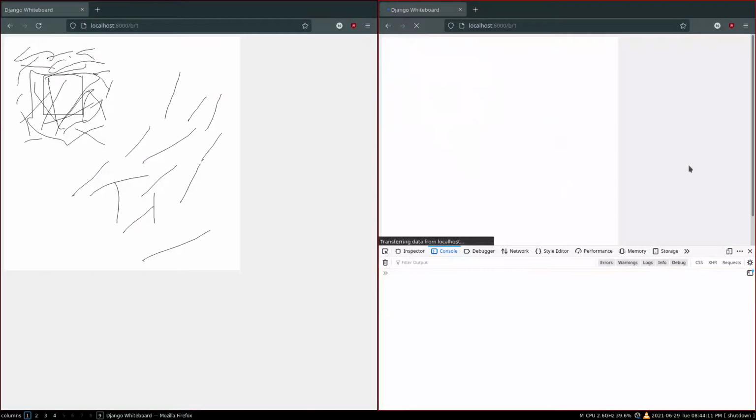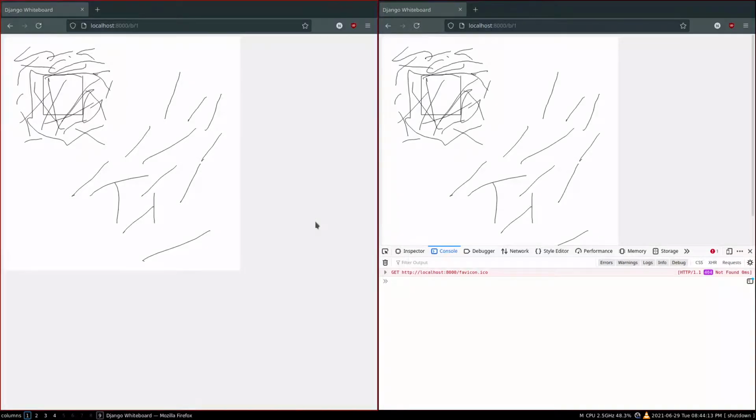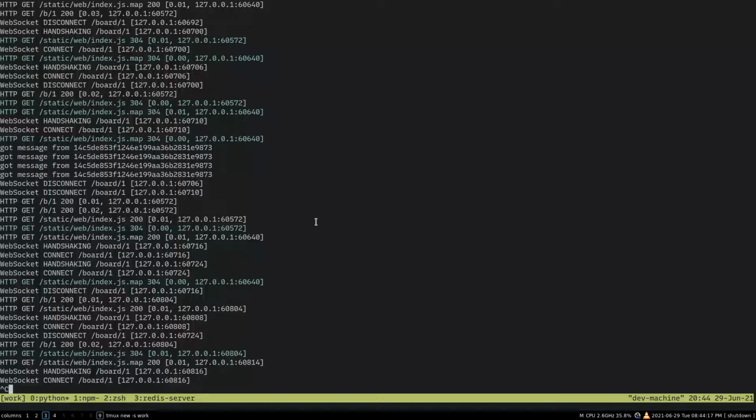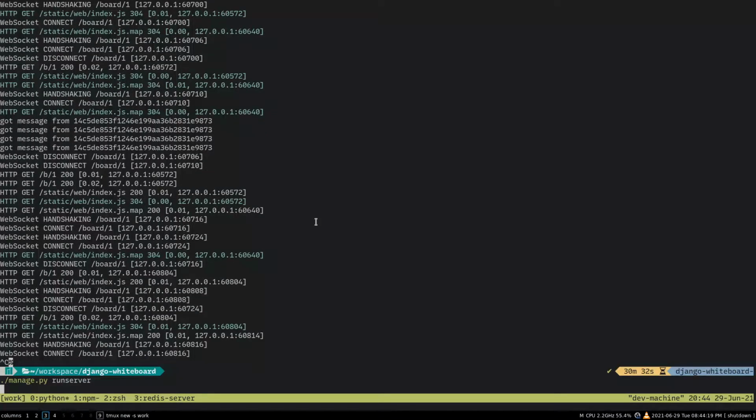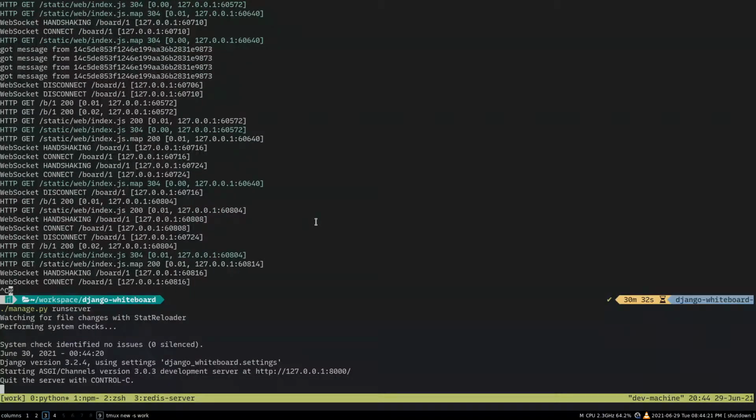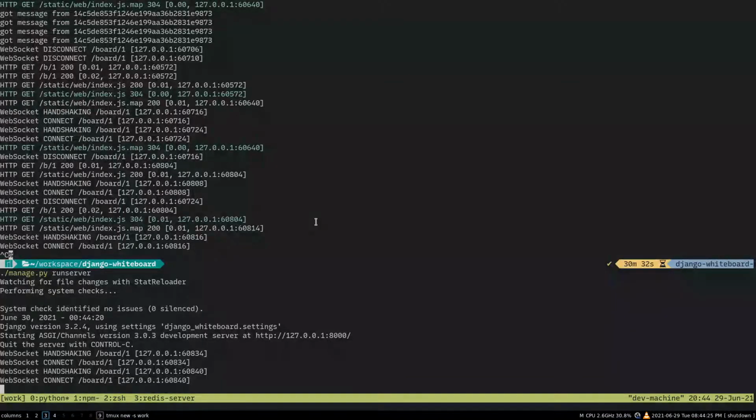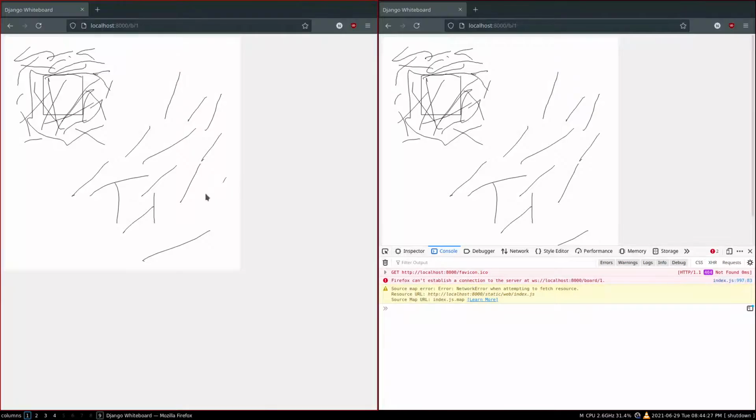So to test this, we can just stop our backend server, restart it, and yeah, they're being reconnected. So if I draw something here, it's being broadcasted. So that's great. The next step, I think, is to